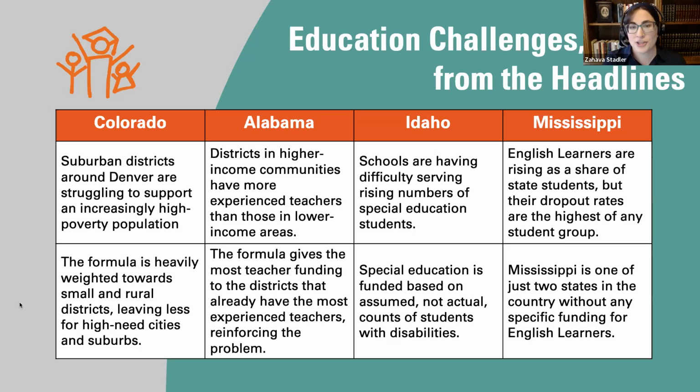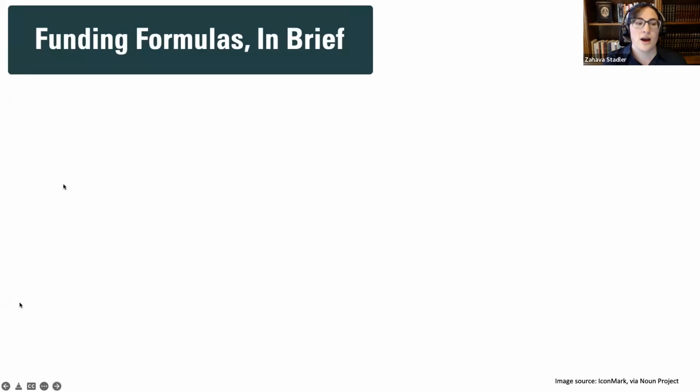So before I share the tool that we're featuring, which I'm hoping can help you learn about the funding policy in whatever state you cover and compare it to funding policy in states around the country, before we do that, I first want to give you a Formula 101 to cover some of the fundamentals that we're talking about. So I'm just going to spend a few minutes on this before I start demonstrating the tool. But if questions come up for you as we go through this, please put them in the Q&A box that you have, and I will pause after the 101 portion and try to respond to any questions that come in before we talk about the tool.